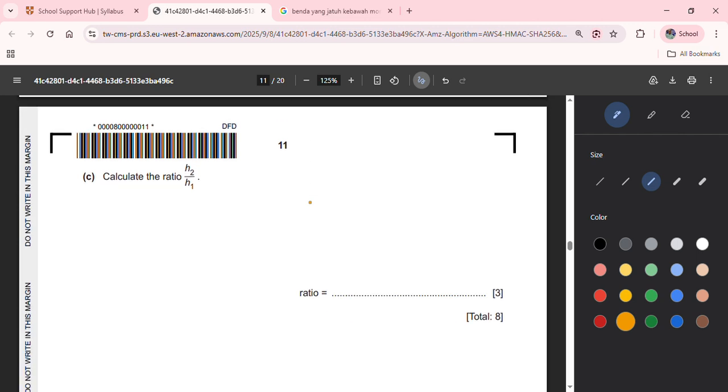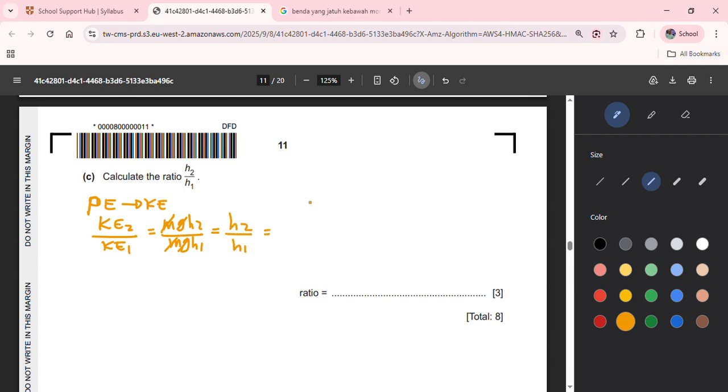And the last one is the ratio H2 divided by H1. We know that the potential energy is converted into the kinetic energy. So the one that has the height is the potential energy. So we can divide it: the kinetic energy KE2 over KE1 is equal to mgh2 over mgh1, which can be cancelled out, giving h2 over h1,